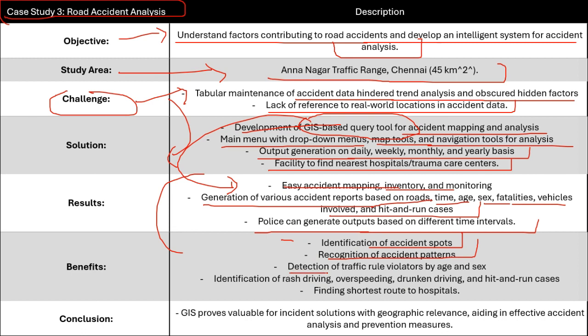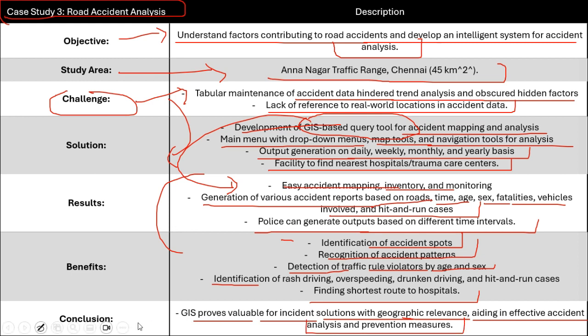We can also detect traffic rule violators by age and sex. We can identify cases of rash driving, overspeeding, drunken driving and hit and run. We can also find the shortest route to a hospital. So the conclusion is that GIS proves valuable for incident resolution with geographic relevance, aiding in effective accident analysis and